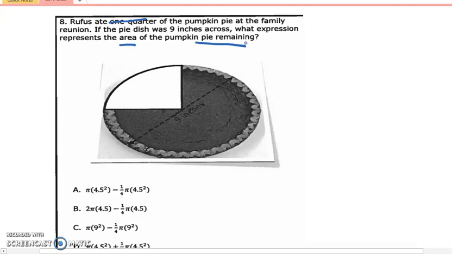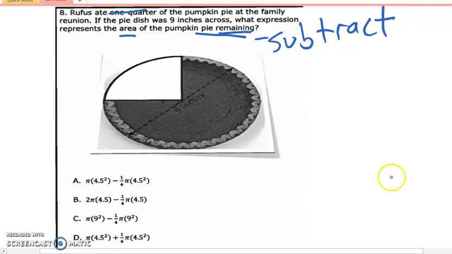Okay, so if it's remaining, when you want to know how much is left or remaining, you're probably going to have to subtract, because it has the keyword remaining. What's left? So then you look at your equations there, because you don't have to solve it. But if you know you're going to have to subtract, you should be able to eliminate at least one. By just knowing that if they want to know what's remaining, you should be able to cancel one of these answers out. And then area